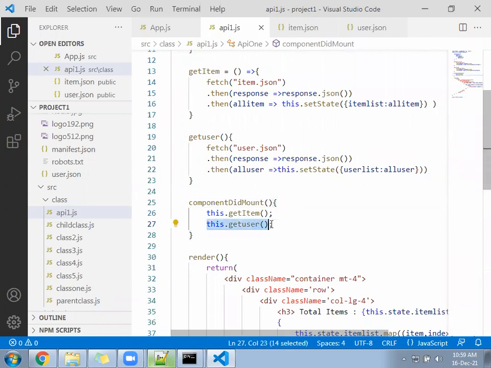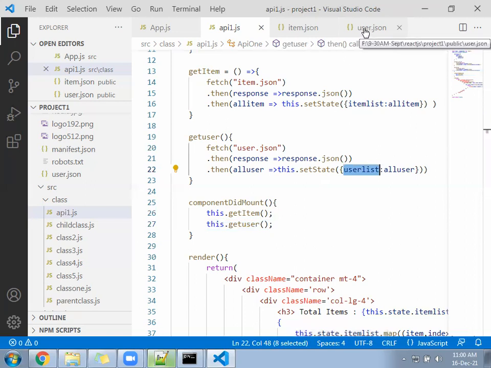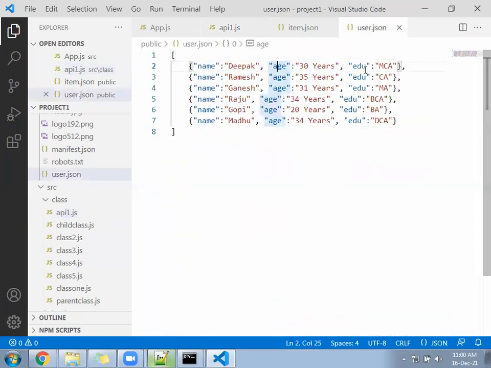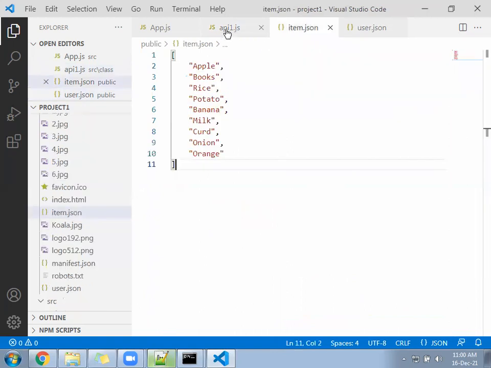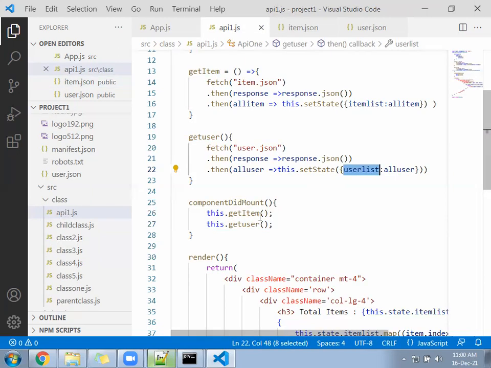Now we got the data in the form of multidimensional. And what is the array name? Array name is user list. Inside the user list, what are the keys you have? Under the user list, the keys are name, age and edu. So when you are going to print that, you have to print the name, age and edu in the tabular format. So check this.